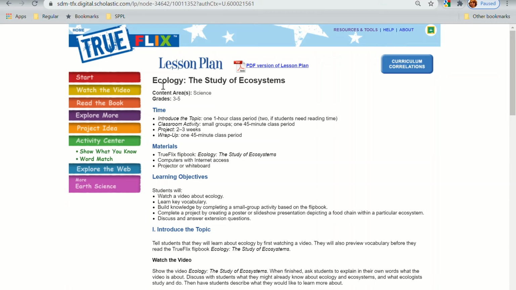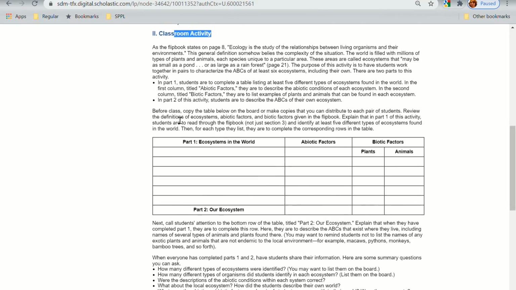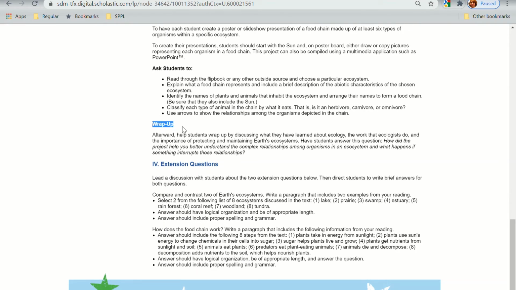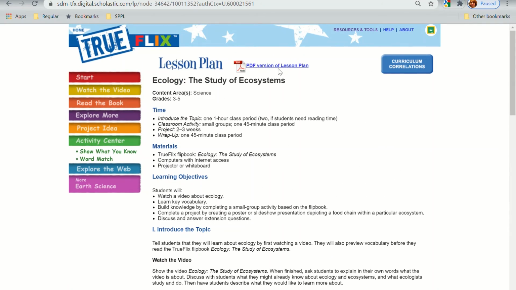So they have the content, grades, the timeline, materials you would need, the objectives, and as you scroll down, you'll see they have activities, assignments, and wrap up and extension questions. You can also download a PDF version of it, and then over on the right hand side you'll see a link that says curriculum correlations, and this actually brings up